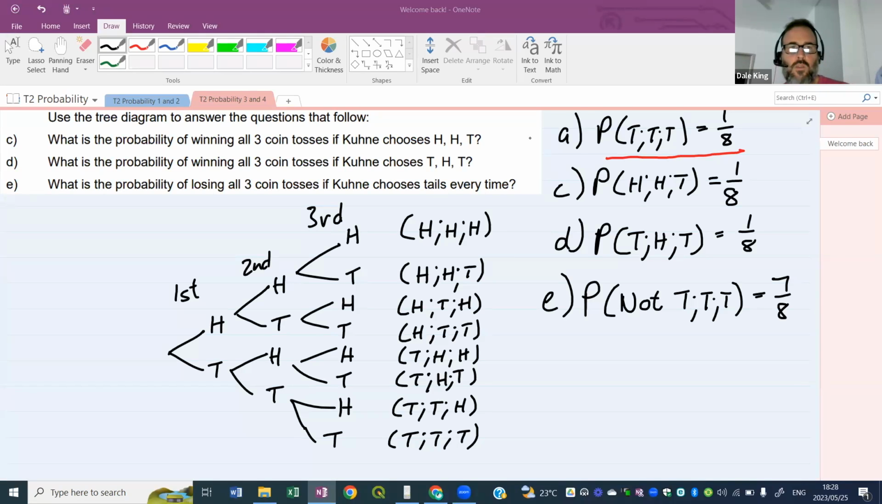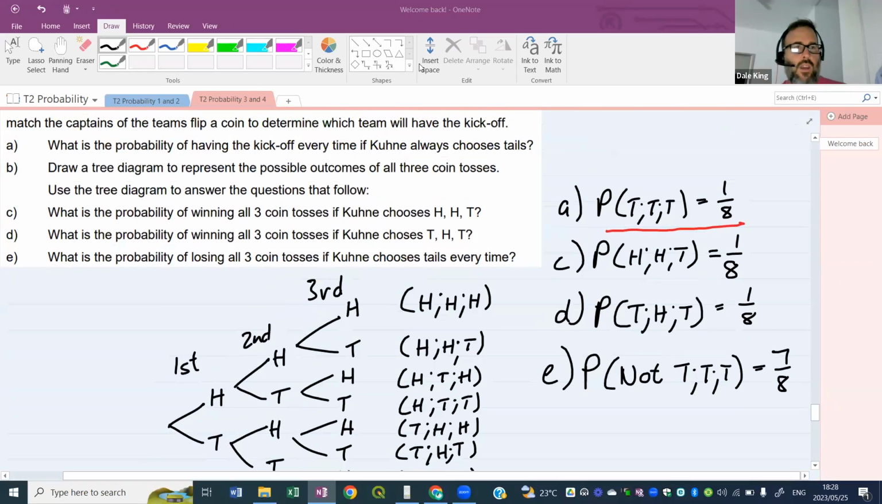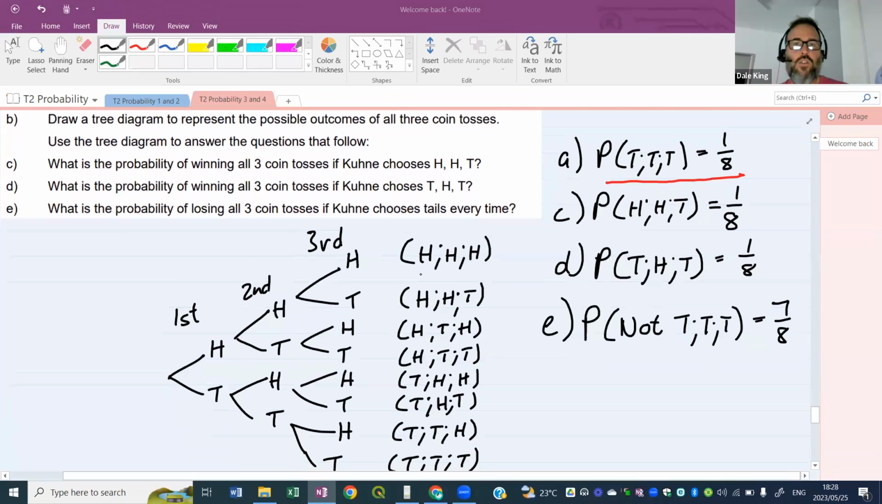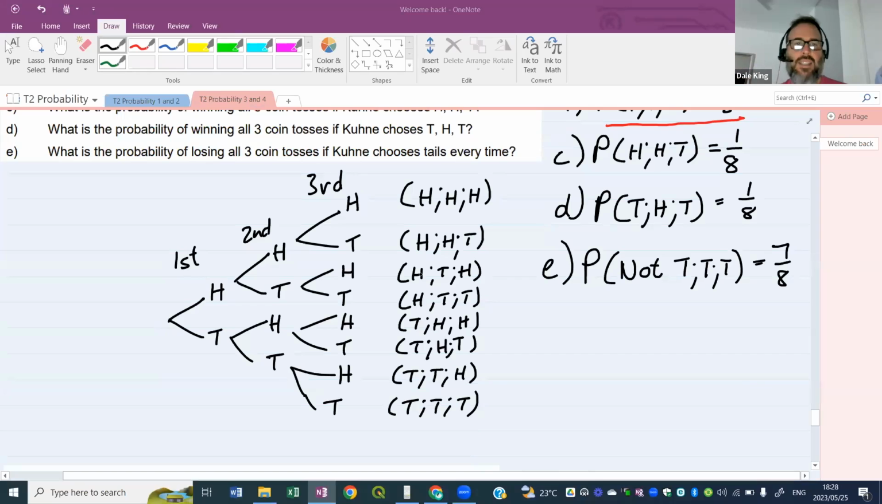So this question says, what's the probability of losing? So remember, we said that if he gets tails, tails, tails, he wins the coin toss and he will kick off 3 times in a row, always. What's the probability of losing all 3 coin tosses? All right, because the question in the beginning said, what is the probability of having the kick off every time if he chooses tails? Then E says, what's the probability of losing if he chooses tails? All right, which means he doesn't get it. He chooses tails 3 times, but he doesn't get it. Okay, every time. All right, so he doesn't get tails, tails, tails. All right. In fact,